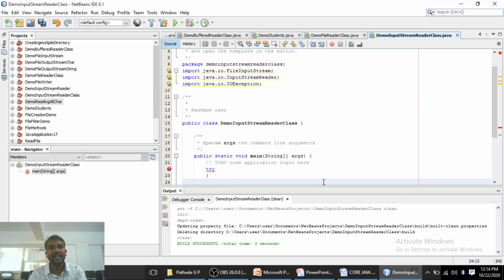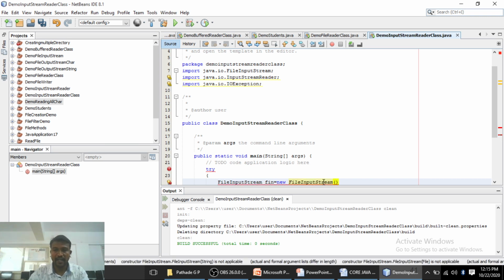In the try block, first we are going to create the object of the FileInputStream class, that is FileInputStream fin = new FileInputStream. In the round brackets we use a txt file which is on the E drive, that is testout.txt.